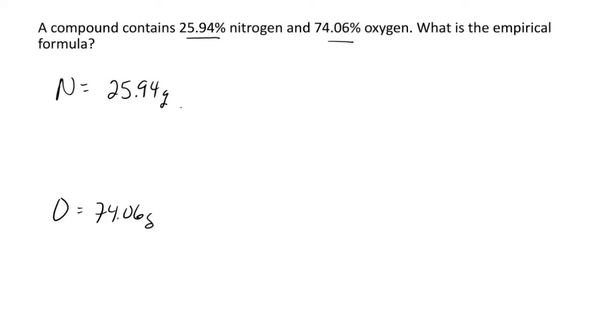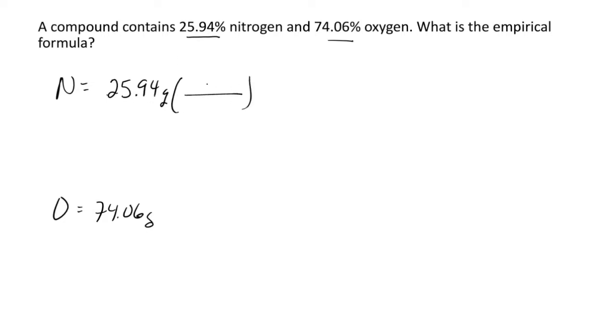using the molar mass from the periodic table. And looking at the periodic table, we see that for every mole of nitrogen, there are 14.007 grams. Grams are put at the bottom so that we can cancel out grams and leave moles, which gives 1.8519 moles of nitrogen. Doing the same for oxygen, we have